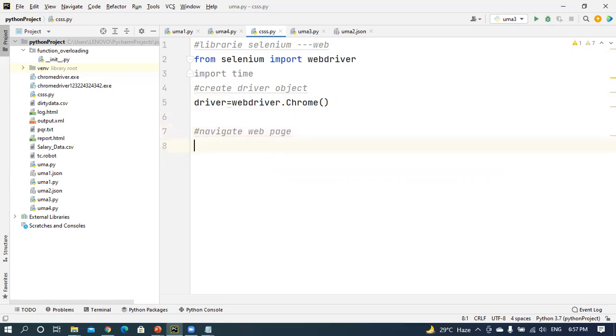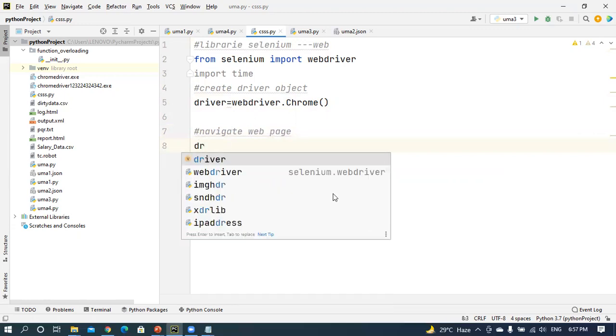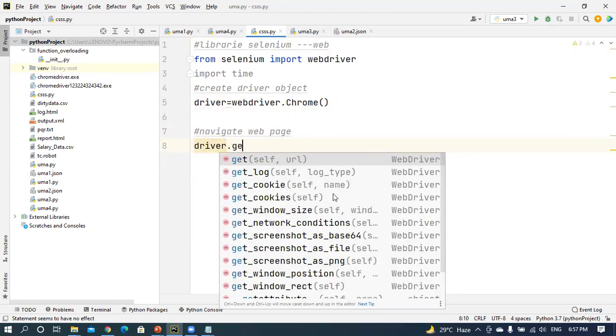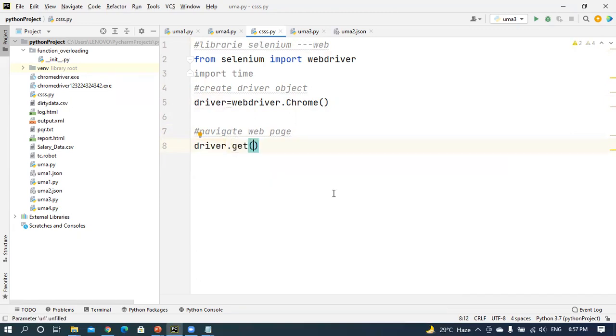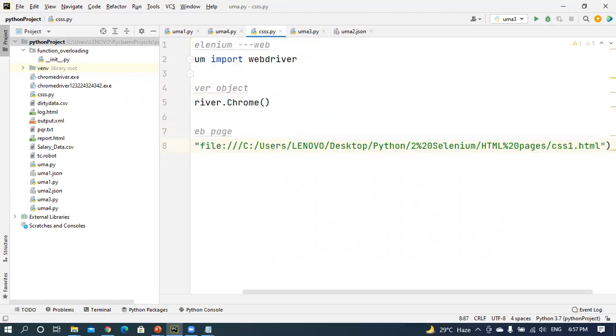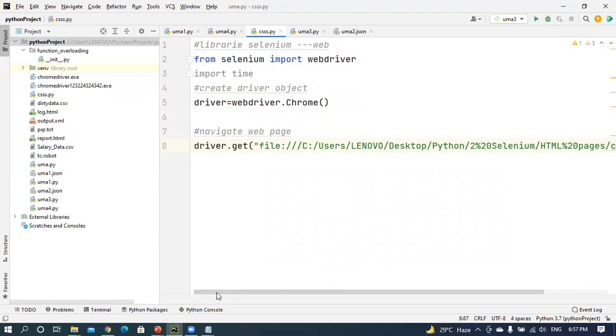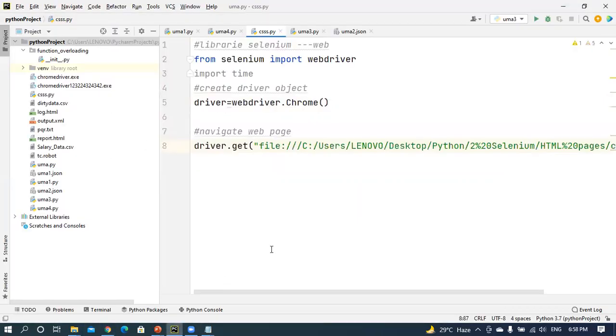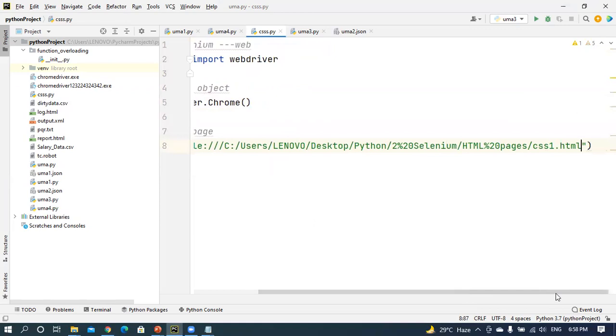How can you navigate to this web page? By using the driver object: driver.get. There you will write the path of the web page. This is the path of the web page. Yes, completed the 3 tasks.